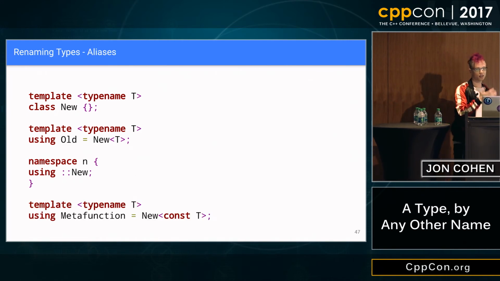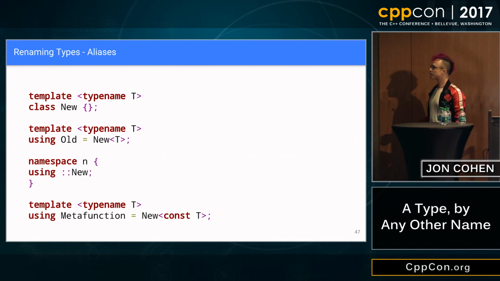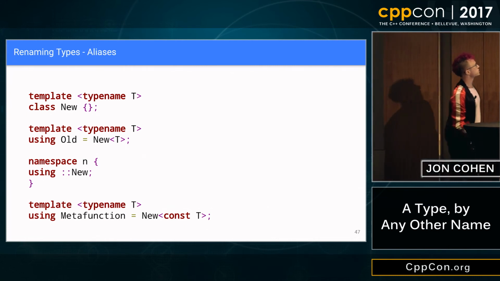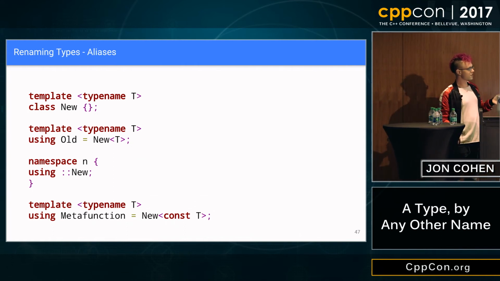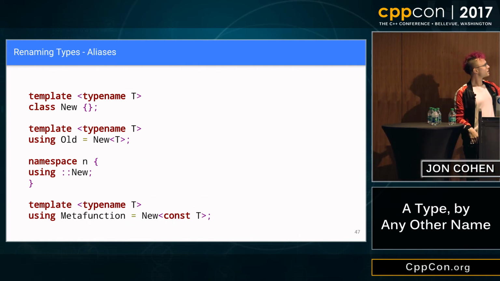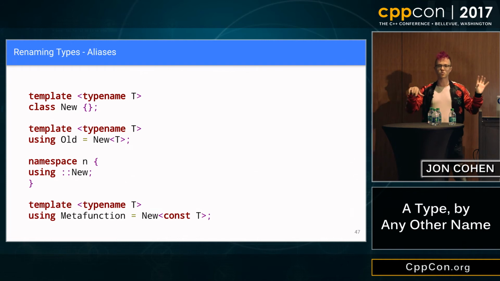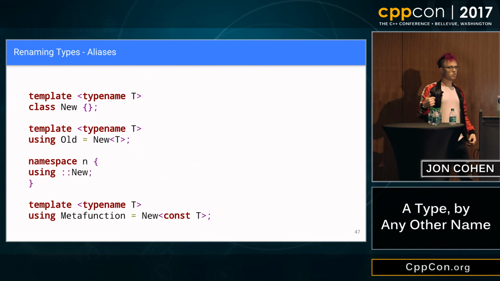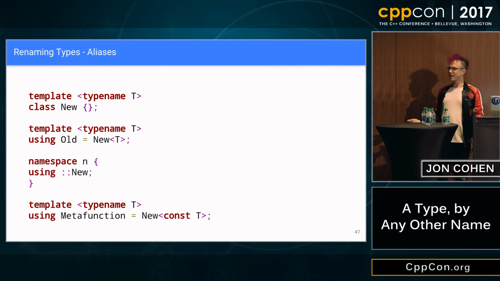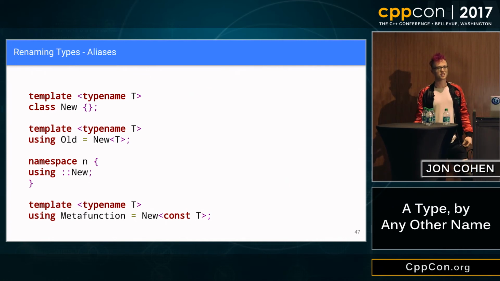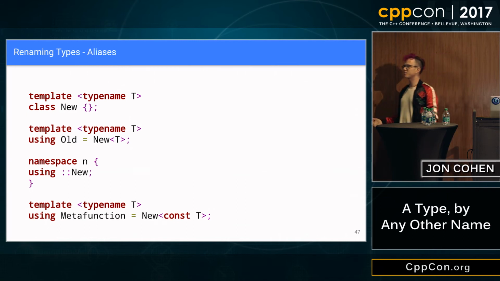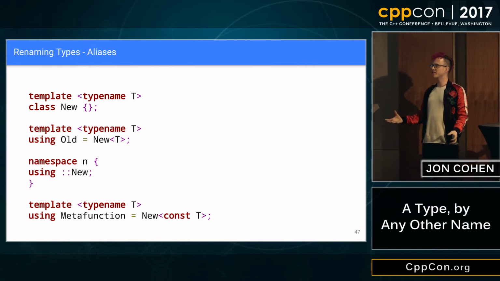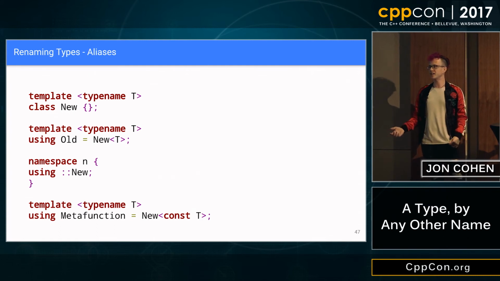And what I mean is, these are often called metafunctions. And what I mean by metafunction is if you squint really closely at old, you can look at it as a function from a type to another type, new of t. It doesn't return a new of t, it returns the type new of t. And as we're all aware, you can do arbitrary calculations in the type system of C++. So template aliases are an extraordinarily powerful tool, and just like any other extraordinarily powerful tool in C++, with great power comes great responsibility and great ability to shoot off your own foot.